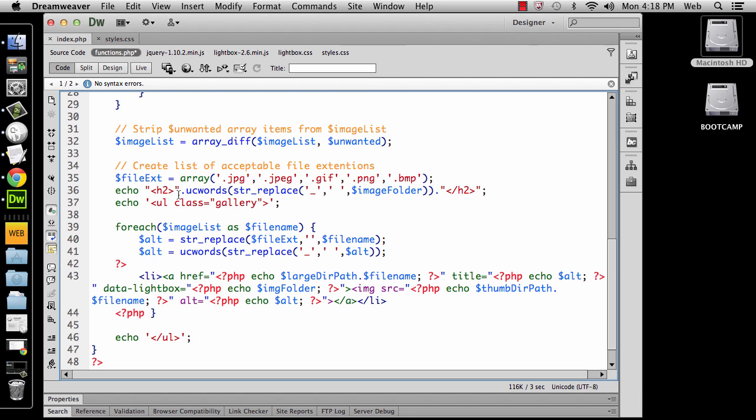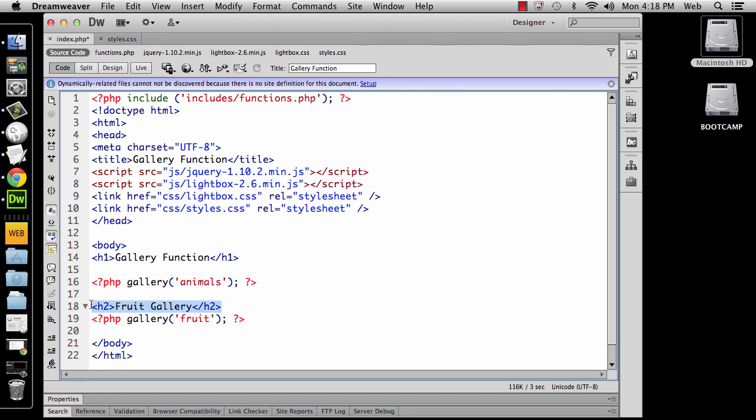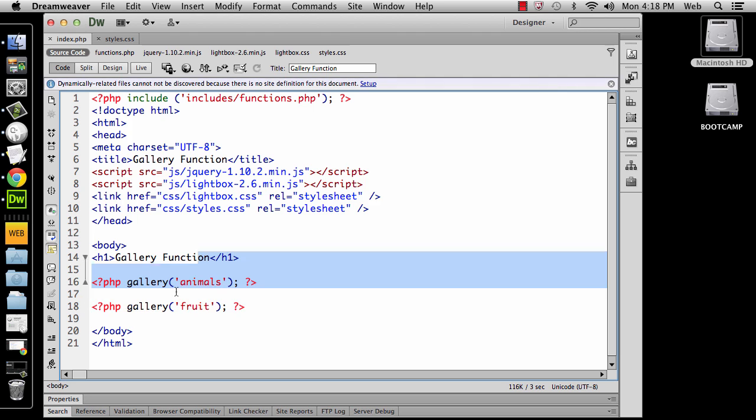And then, so basically we're announcing some h2 tags, concatenating it, and we're going to uppercase and string replace on image folder name, okay, and then concatenate it back and end the h2. And if you wanted to, before the end of the h2, you could put space gallery like that or something. So let's hit save on that function, and let's just get rid of our h2 here and our h2 here, and let's see what happens. Save this, and let's do a refresh on our page,